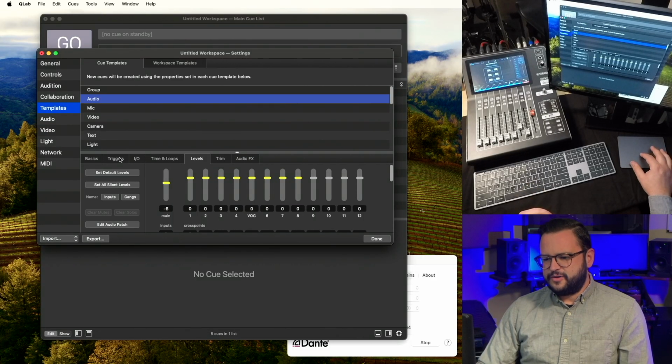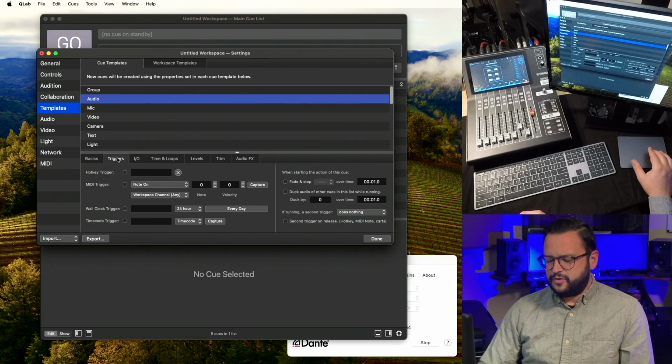And I don't want that coming in full scale, hitting brick wall 0 on the console. Let's at least reduce everything by 6 dB, and then we can fine tune from there. Otherwise, one other thing to consider changing in your default audio cue template is if you expect that you'll never